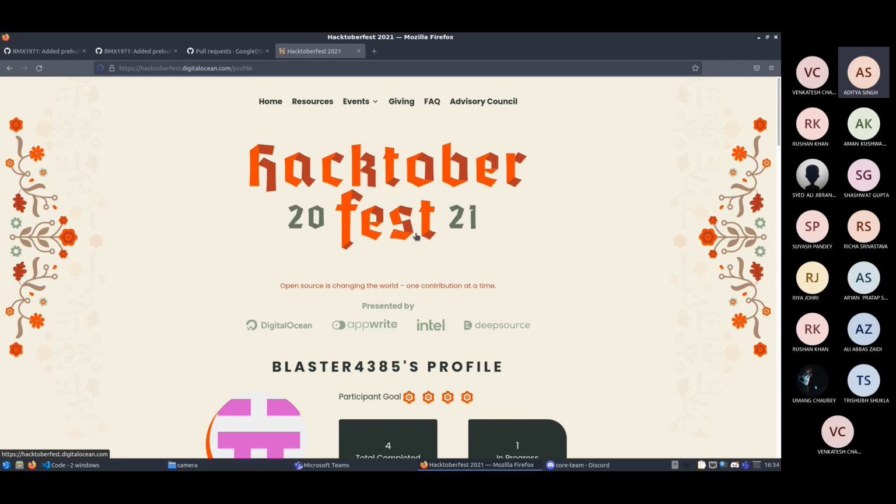So I just have to submit it, and how will this update on the Hacktoberfest profile? The Hacktoberfest profile tracks your GitHub account and automatically updates any pull requests that have been accepted into the repository. For example, I just did this pull request. Will it be updated on the Hacktoberfest website? Yep.